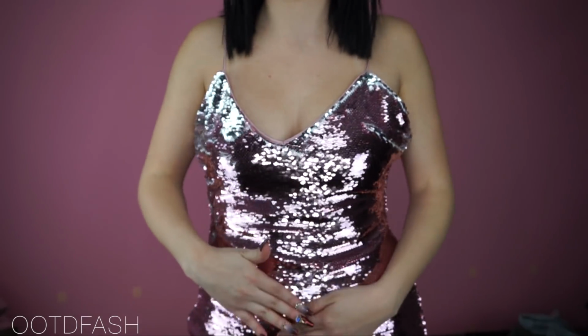So then I got this super cool dress for like New Year's or something where you can wear something super sparkly. It's color changing with that color changing sequence. Then I got this red dress from OOTD, and I really liked how I had that button detailing down the entire dress. And these last two pieces that I'm going to show you guys for the rest of this haul